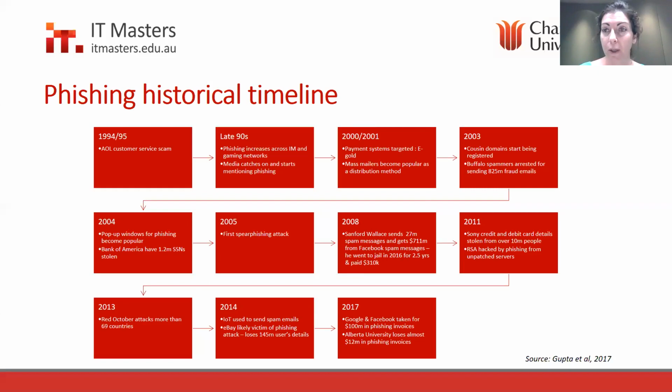In 2014, IoT, so Internet of Things devices, started to send spam emails as well. Your fridge that's internet enabled, your air conditioner that's internet enabled, for example, can be controlled and used as part of a botnet, essentially an automated robot network that can use its processing power to send out these phishing emails. And in 2017, a couple of ones that we'll go through in case studies are Google, Facebook, and Alberta University. So we'll touch on those a little bit